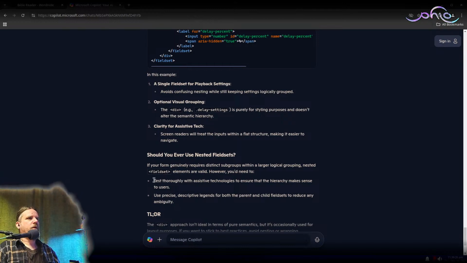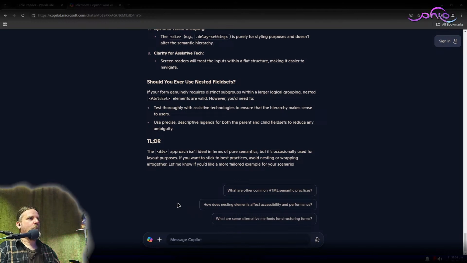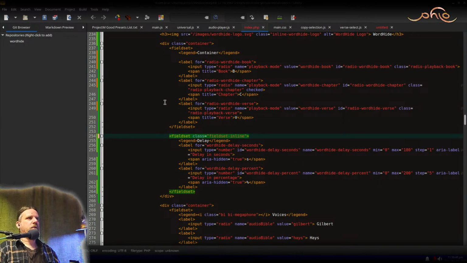Yeah, so you kind of have to test this out on a screen reader or something to know what it's actually going to do, and I know literally nothing about that, so. Div approach isn't ideal, but it's occasionally used for layout purposes. You really should avoid nesting, which I think is probably... I think that I'll try to avoid nesting.